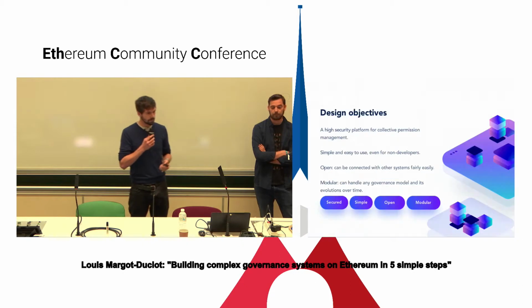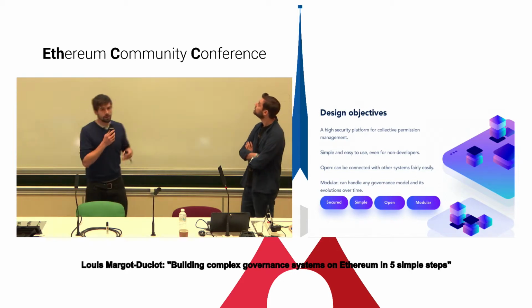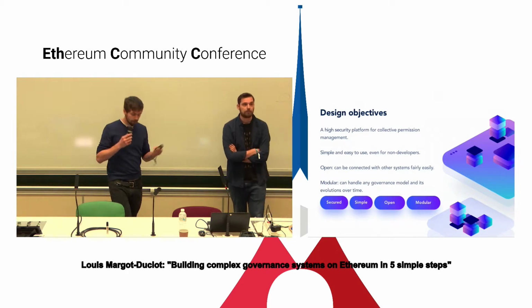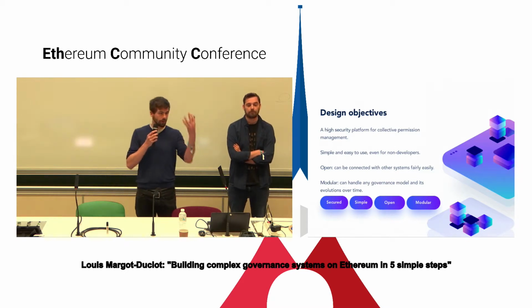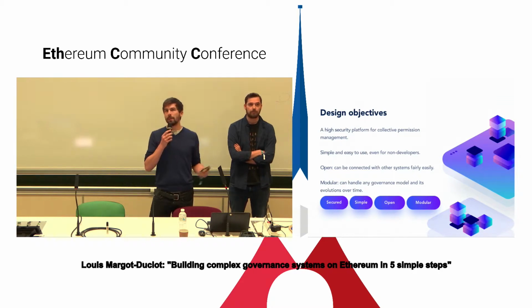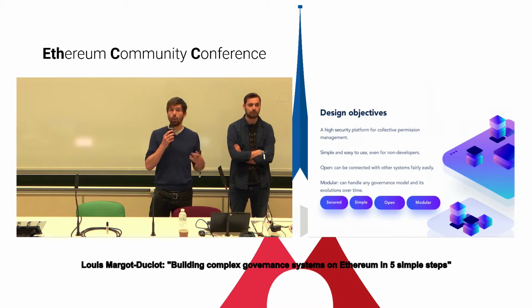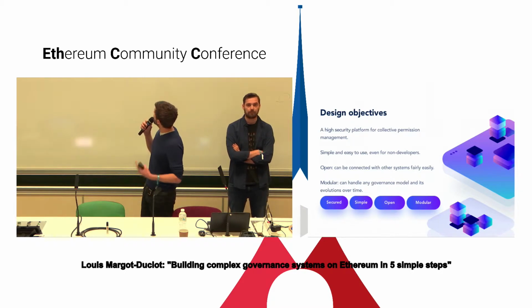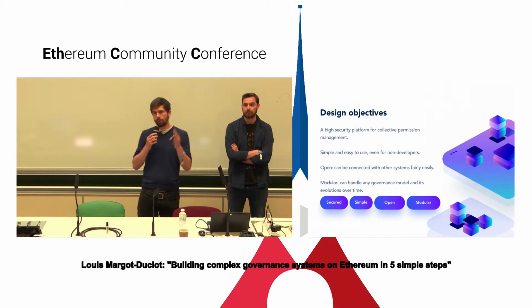So when we came up with this methodology, we had several criteria in mind. The first one was that it needed to be secure. For it to be secure, it needed to be simple, because I saw it in another presentation today. It's a bit of a commonplace to say that complexity is the enemy of security. We very much agree with it, and you'll figure out that our model is quite simple to understand. The second thing we wanted it to be was open, of course, and the fourth thing, which is actually the most important, is we wanted it to be modular,